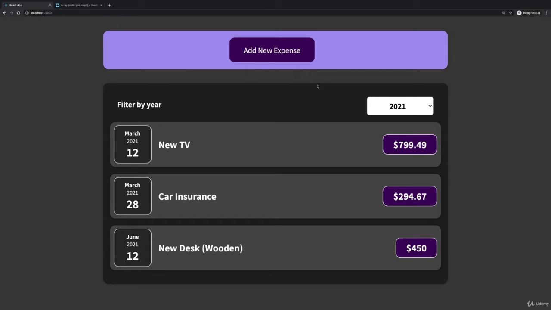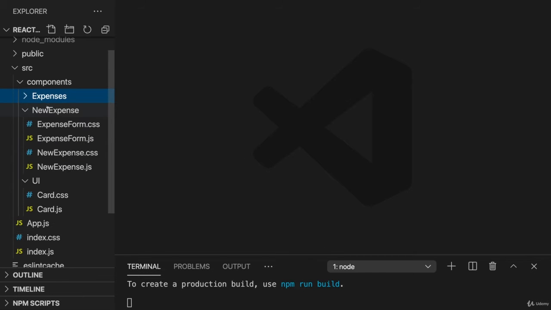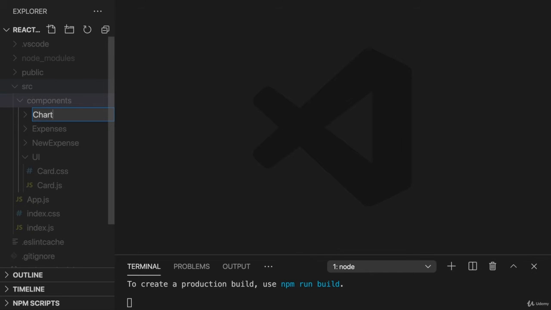crucial element and feature which is missing: the chart, where we can actually see a graphical representation of our expenses per month. And that is therefore what we're now going to dive into to then conclude this module and this first course project. Now, for this chart, I will start by adding a new components folder, which I'll name chart,